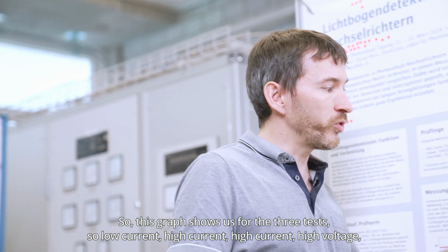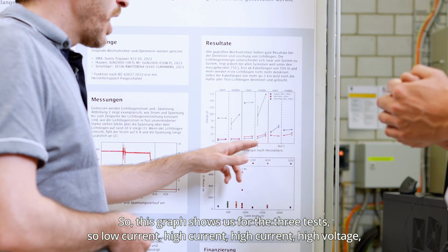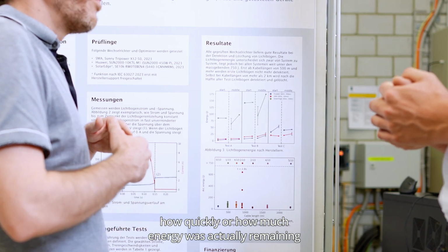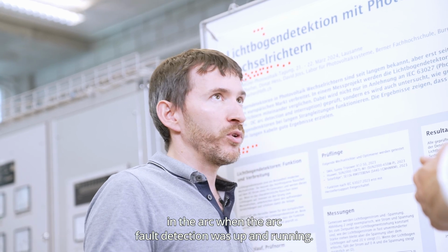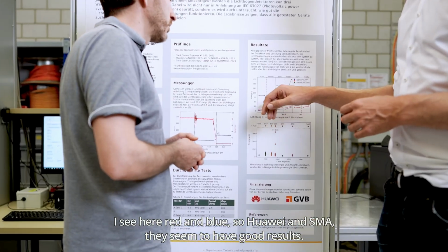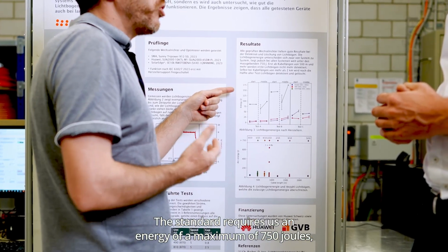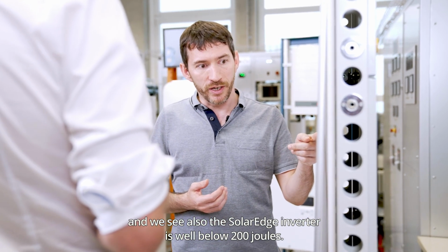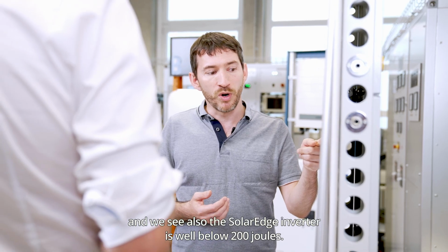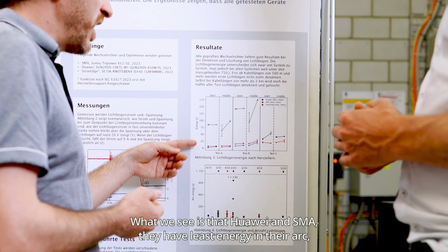So this graph shows us for the three tests, so low current, high current, high voltage, how quickly or how much energy was actually remaining in the arc when the arc fault detection was up and running. I see here red and blue, so Huawei and SMA, they seem to have good results. The standard requires us an energy of a maximum of 750 joules, and we see also the SolarEdge inverter is well below 200 joules. What we see is that Huawei and SMA, they have least energy in their arc, but